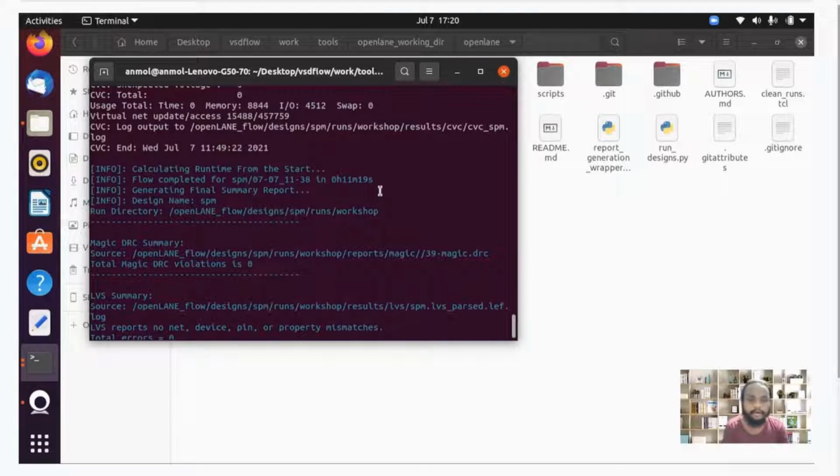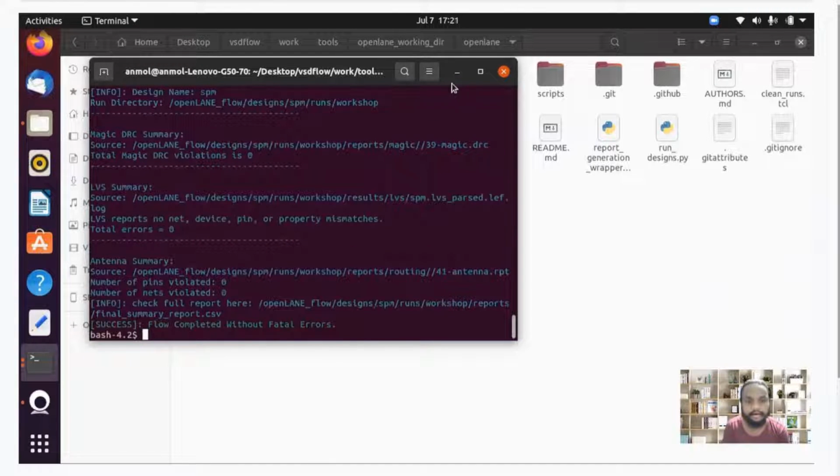It is actually dependent on the configuration of your system, how long it will take. But we have seen that it is very easy to use the non-interactive mode of OpenLane, as we have just given the PDK location and the design location, and directly it has completed everything and it has generated a GDS file, which you can find